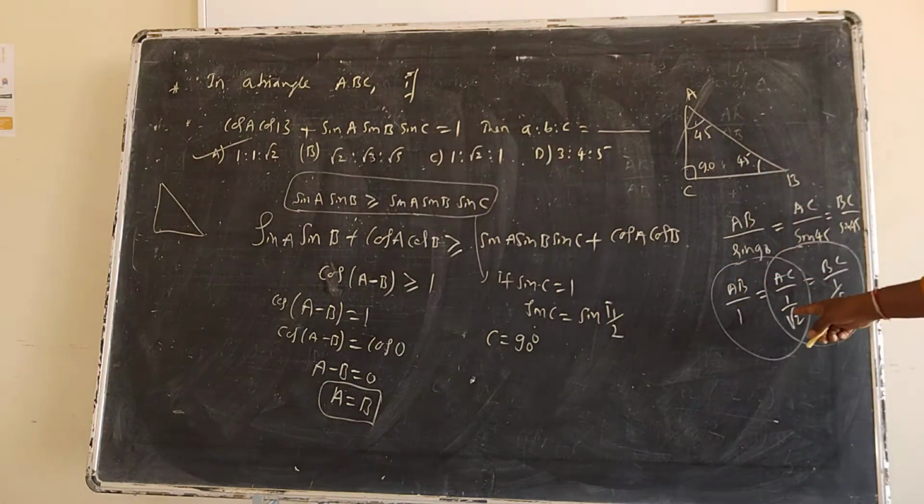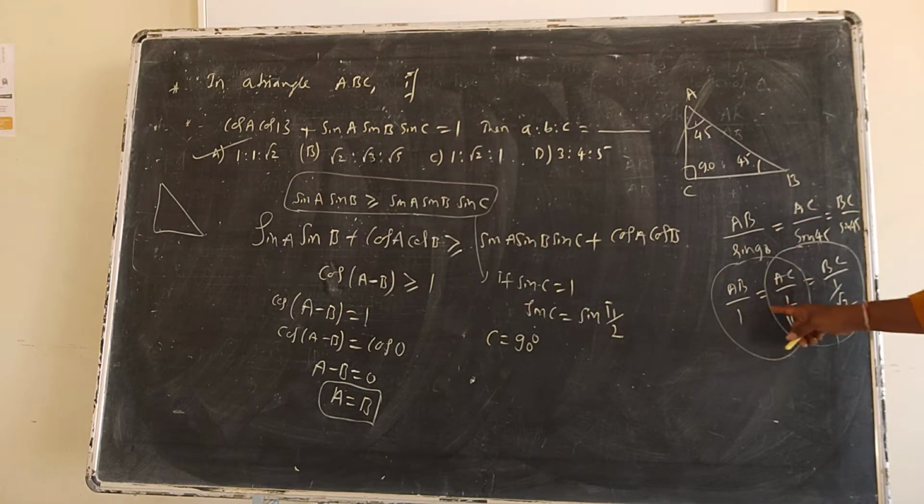If you are not getting it, do one thing: here you multiply by root 2, root 2, root 2. So this will become 1, 1, and here it will become root 2. So the ratio is root 2 is to 1 is to 1. Multiply root 2 here, simple logic. Root 2, root 2, root 2, so this cancels, this cancels, this cancels, and this becomes root 2. So you get it directly. What you need is AB by something, AC by something, directly. So you got it.